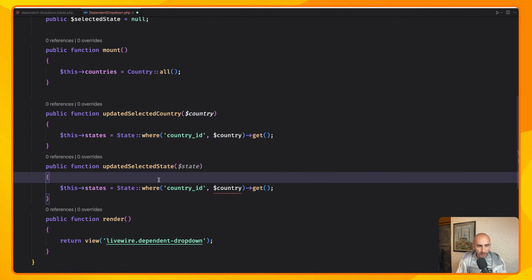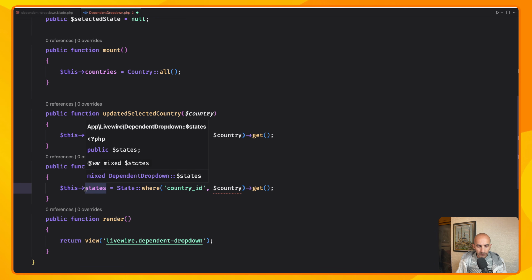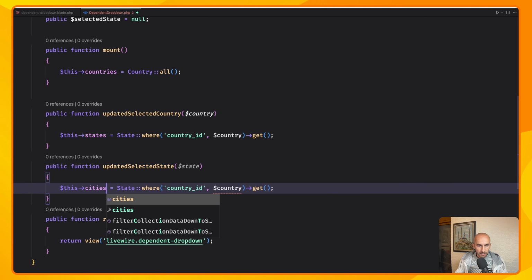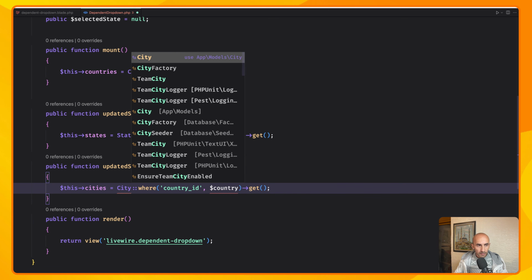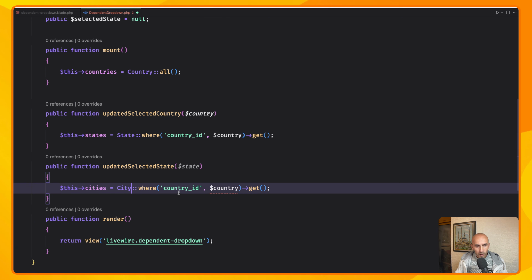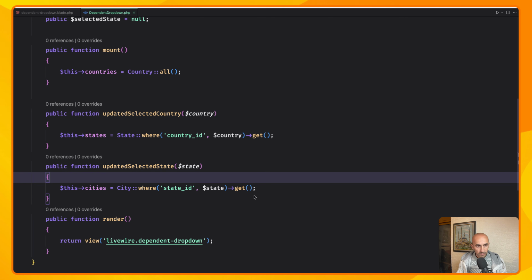And what we want here is to update the cities, so we can say $this->cities to be equal with the City model. Okay, make sure you import that. Where state ID, because the city belongs to the state, so we can say where state ID equal with $state and get. Now if I save, come here and refresh,